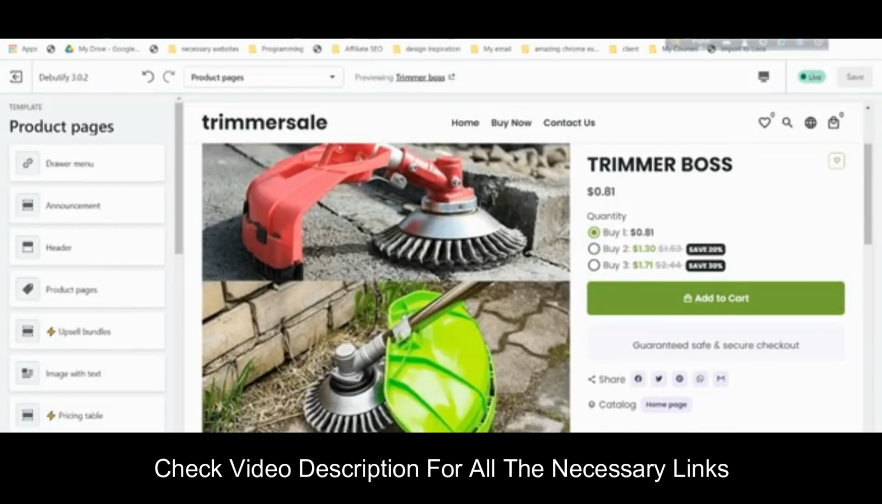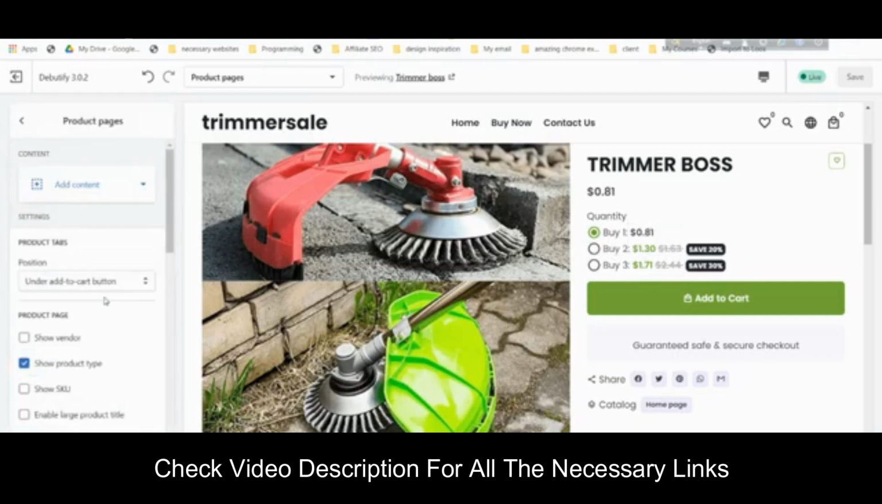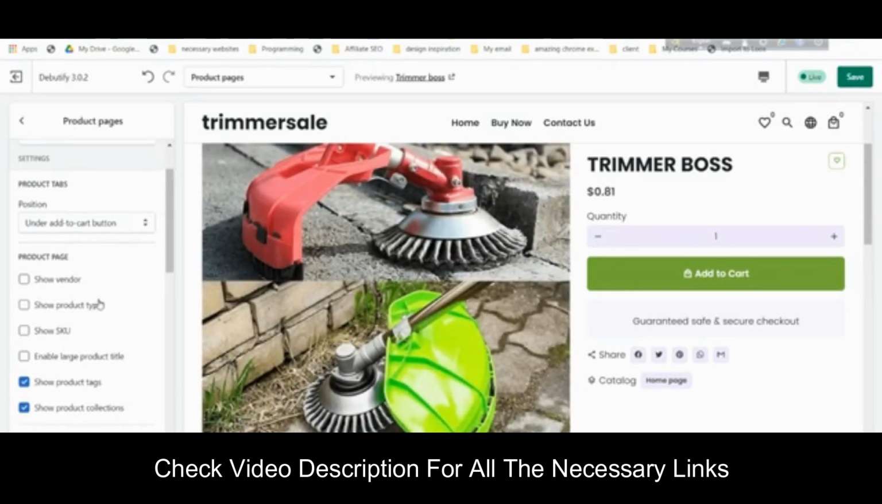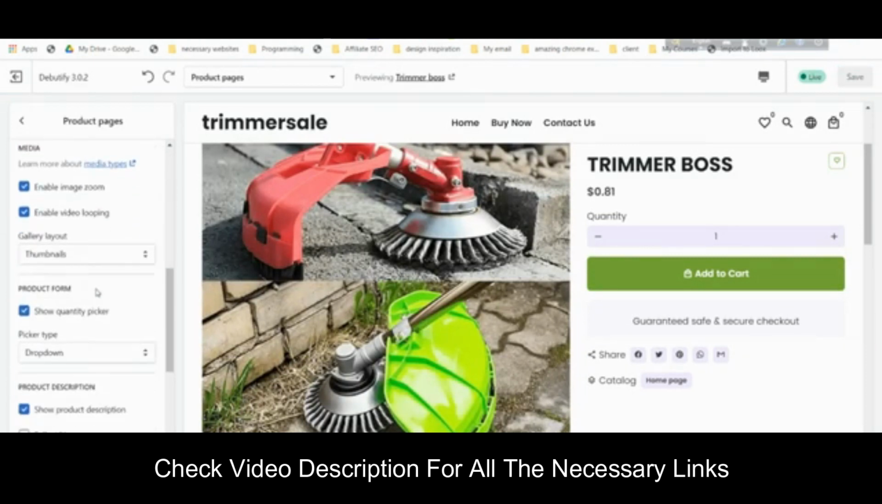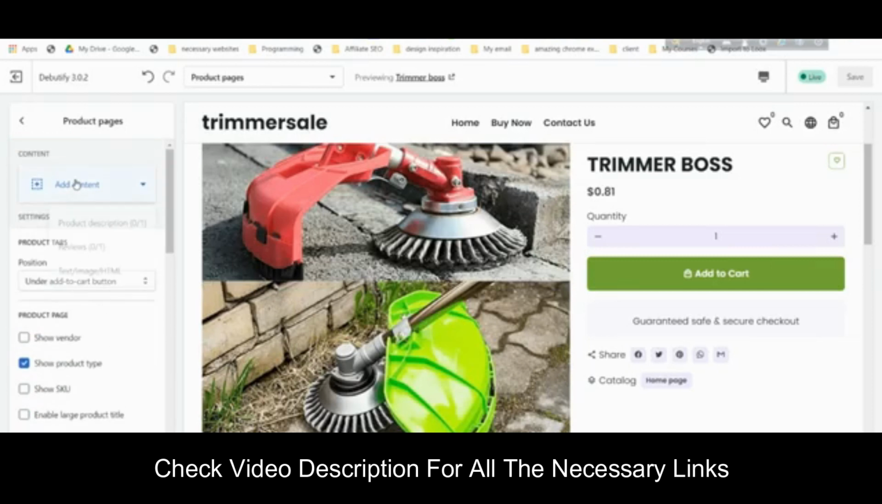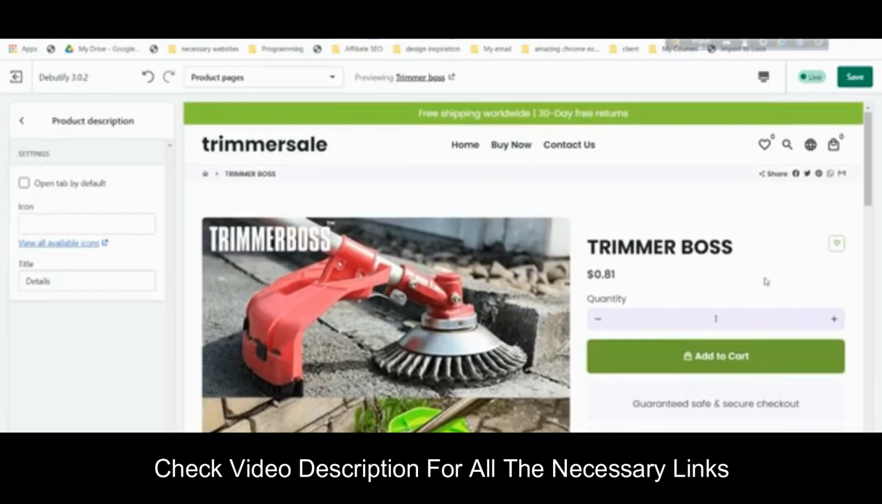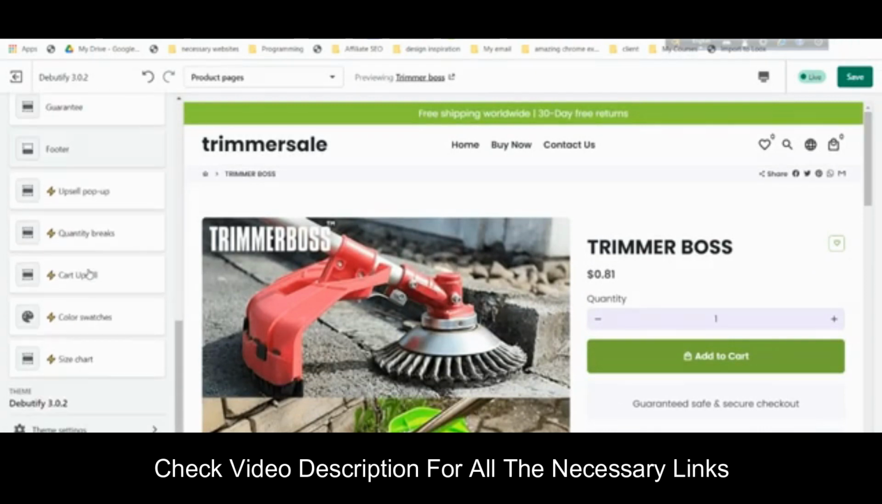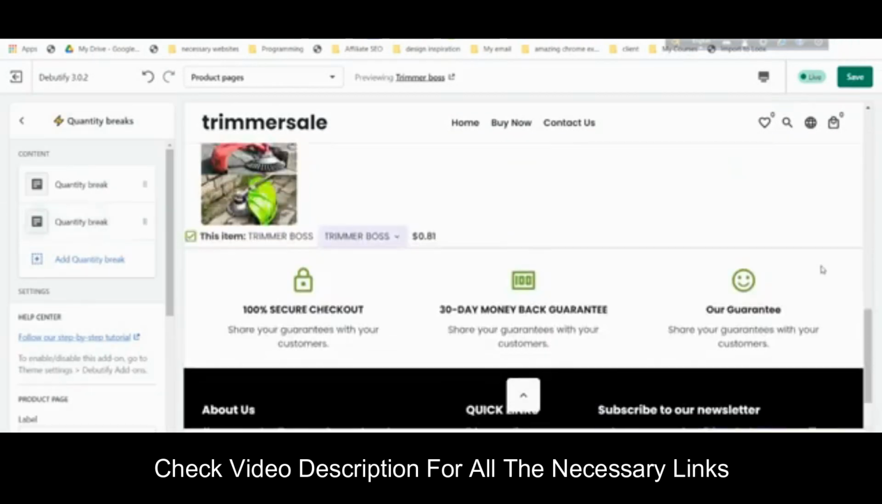In the product page, you already see some things have been added, like the bundle that we have created, right? So we'll click on product pages, and then for product type, I'll just uncheck it. Then show quantity picker, show product description, all is good. We can add contact, we can add reviews, we'll add product description in that case. So product description will look good. Then we can add quantity breaks in this as well,